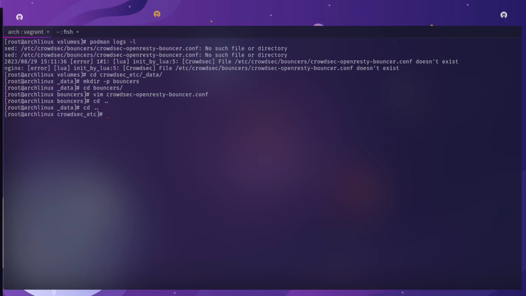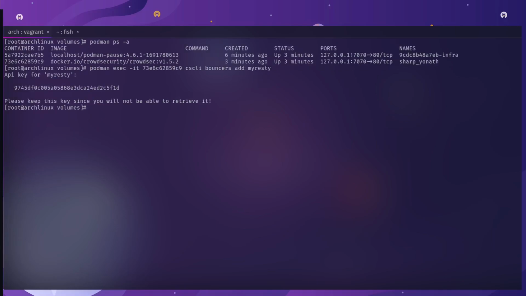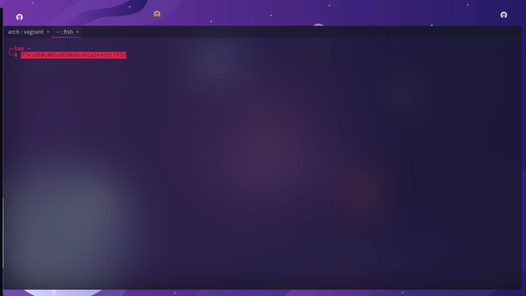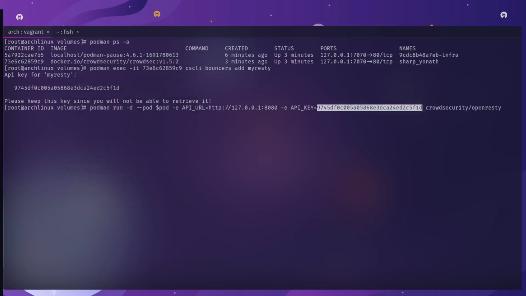Now we can go back to where we were before, and this is where we're going to run the openresty container. This is where you would need your previous API key that you should have saved. If not, just go back and rerun the same command. I will paste in the Podman run command, and as you can see from the environment variables, this is where we would define the API URL and the API key, so make sure that you define the key that you have. We can define the API URL as